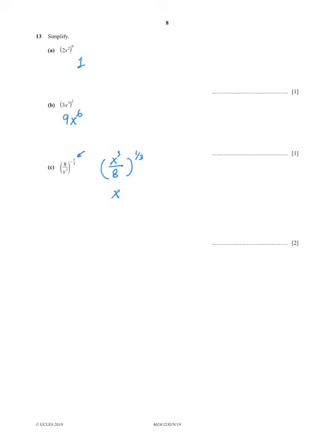Now it will be x power 3, whole power 1 upon 3, divided by 8 is what? 8 is 2 power cube, whole power 1 upon 3. Now you can solve the power. That will be equal, and they cancel each other. The final answer is x divided by 2.